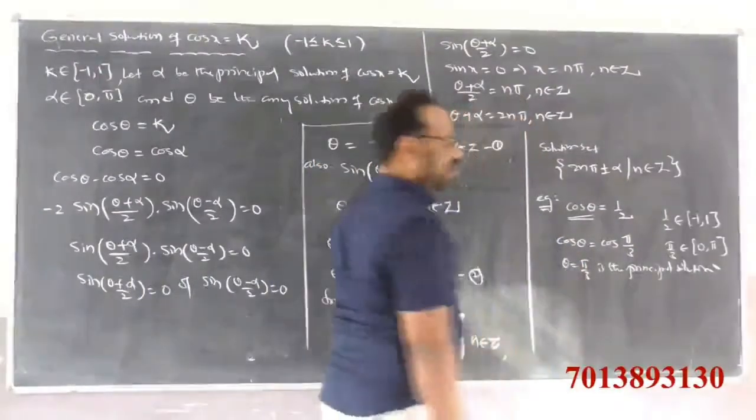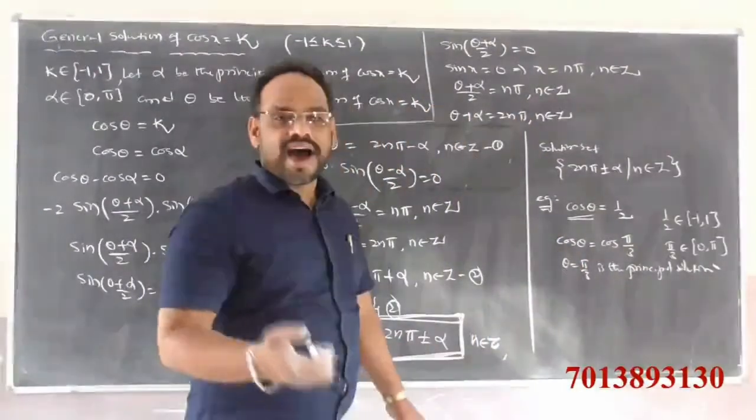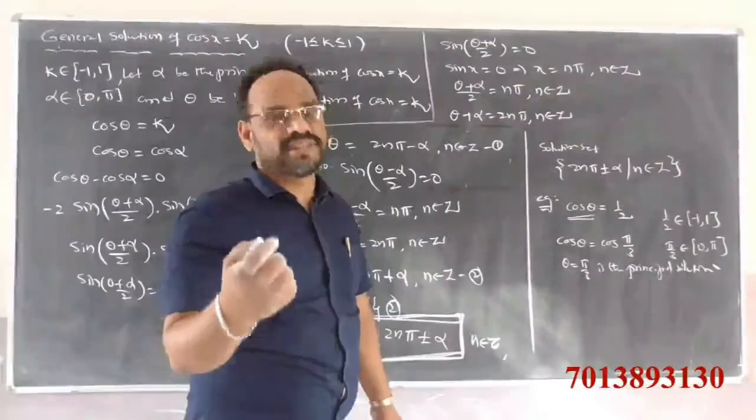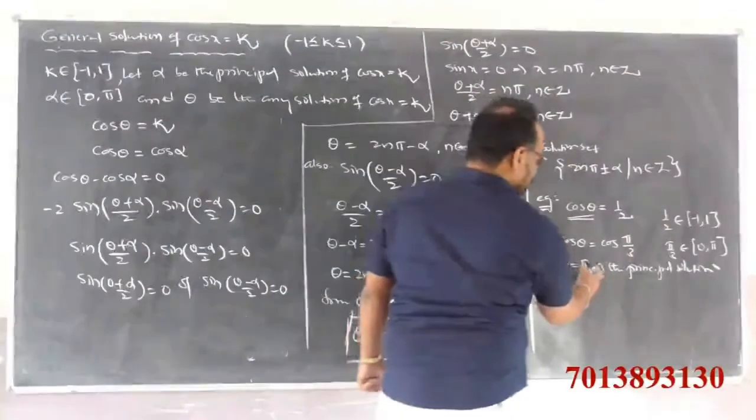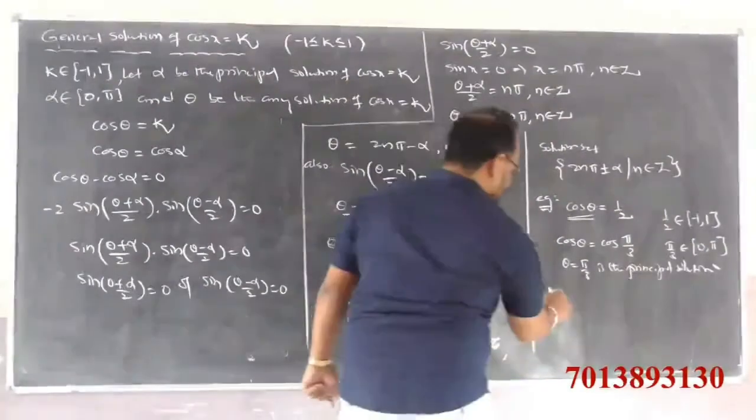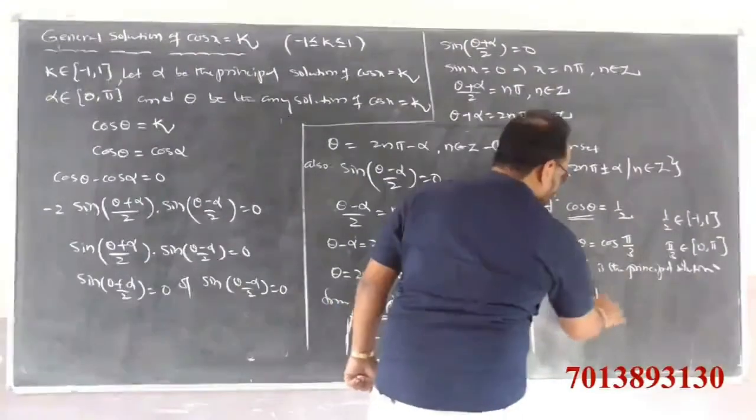Already we have the alpha value. Alpha is nothing but the principal solution. Here also we find the principal solution, clearly pi by 3. So therefore the general solution is theta equals